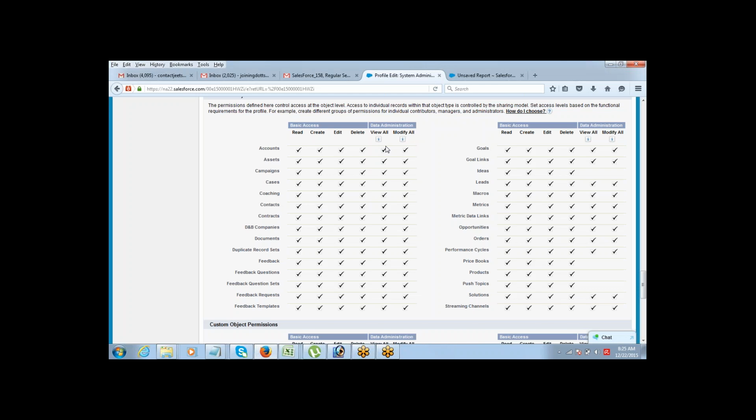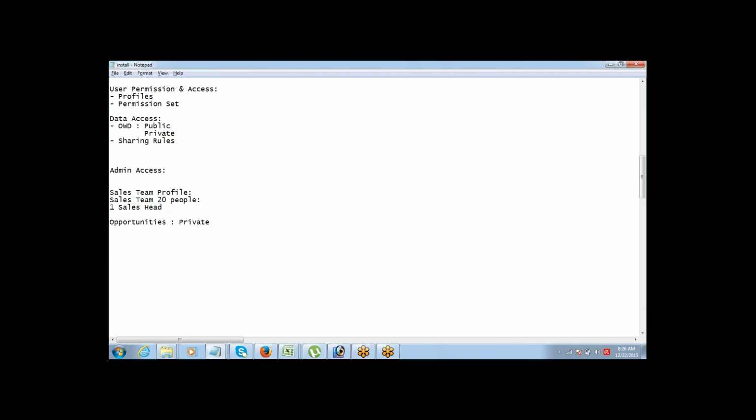I think permission set. Read, create, edit, delete will be available to everyone. View all permission, don't put in the profile. Go and give it as a permission set to that sales head. Got it? Any exception to profile, again, view all and modify all are also part of profile, any exception to profile, permission set. Got it? So that's how simple it is.